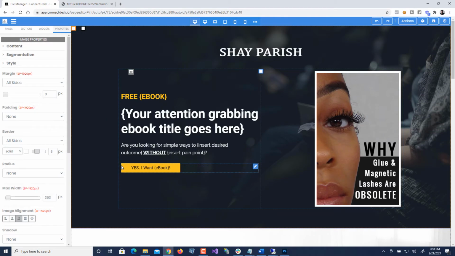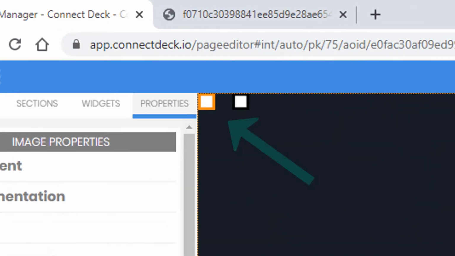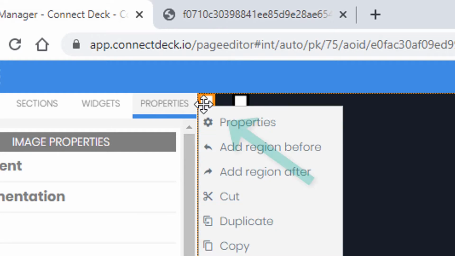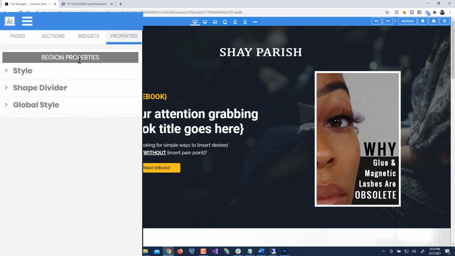Now, the next thing that I would also want to do is change my background image, because this background image is a nice image, but it just doesn't fit my brand. So as you hover around, you're going to notice that there's an orange box on the left. That is your region or your section, okay? You just hover over it and click on Properties, and it's going to bring up the Region Properties